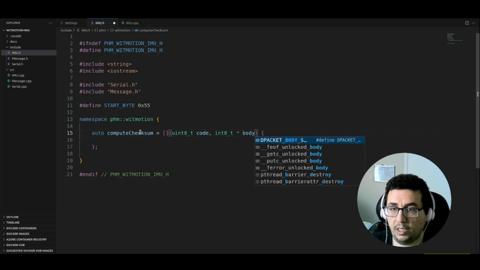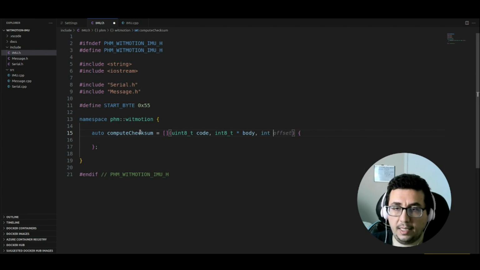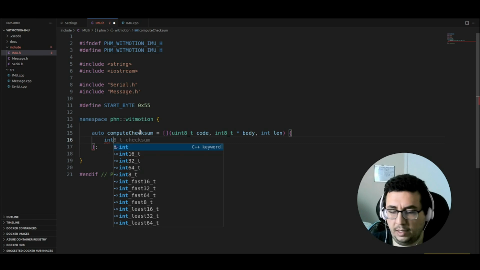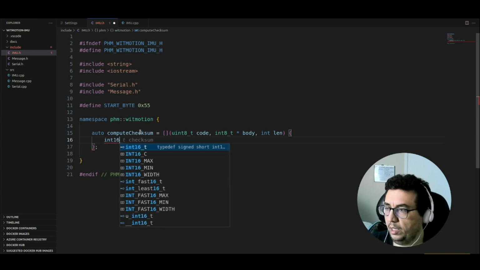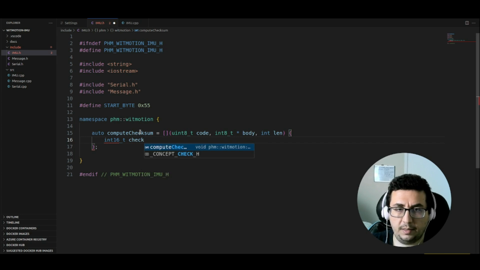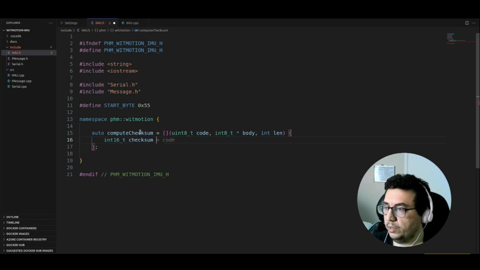We have the body of that data packet and the length of that data packet. Perfect. And for the logic, we're going to implement it here. We don't need to go to the source file to do that, since we are implementing it as a lambda here. So start byte